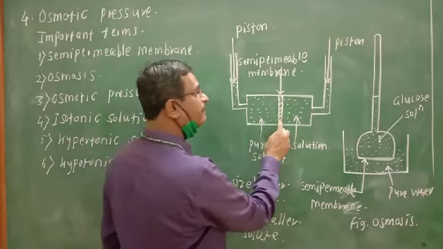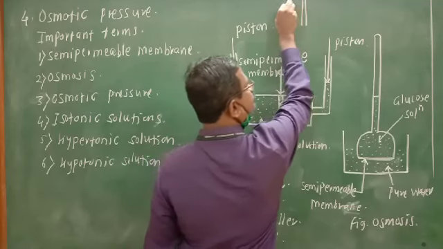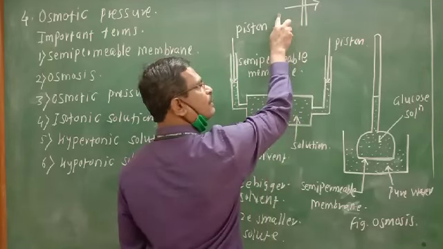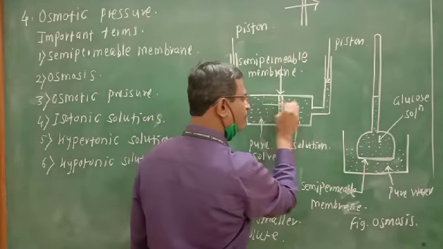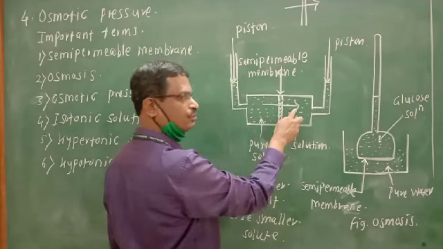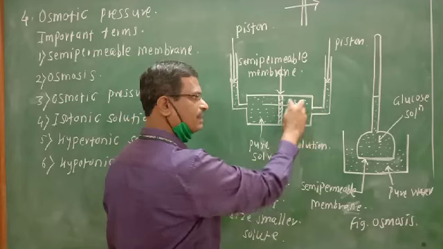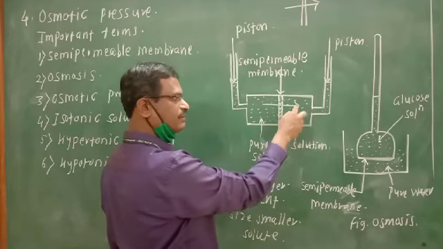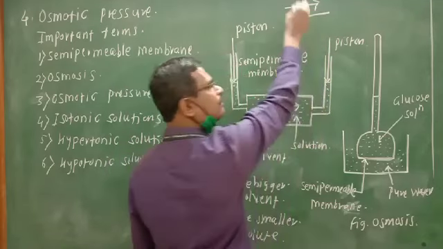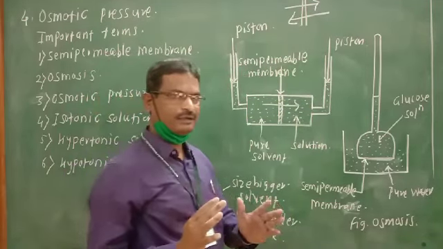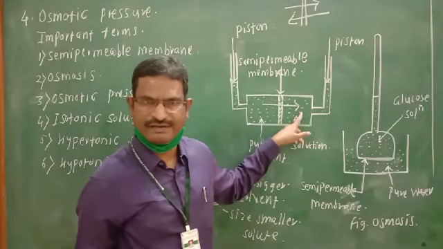The semi-permeable membrane at the center is allowing the passage of solvent through itself from the solvent side to the solution side. There is a flow of solvent molecules taking place from solvent to solution. At the same time, solvent is present on the solution side also, and that solvent is also moving over here. Movement of solvent from the pure solvent compartment into the solution compartment takes place.